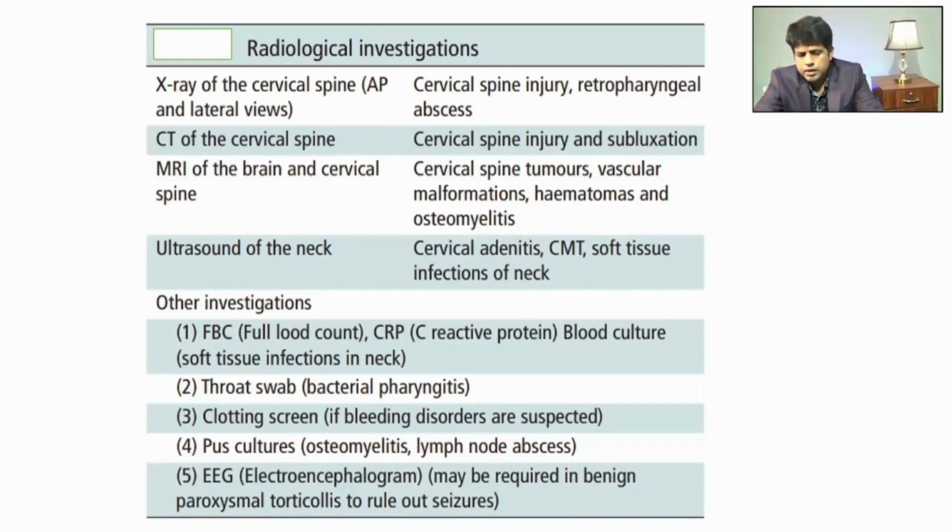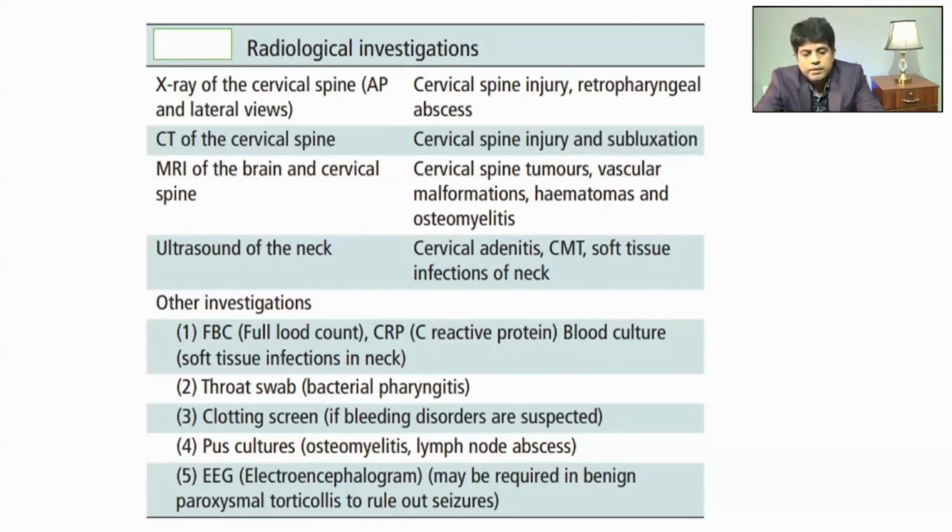And for conditions like cervical lymphadenitis and other soft tissue infections and congenital muscular torticollis due to sternocleidomastoid mass formation, you can request an ultrasound scan of the neck, and you are likely to see specific abnormalities in each of these